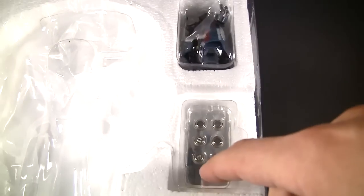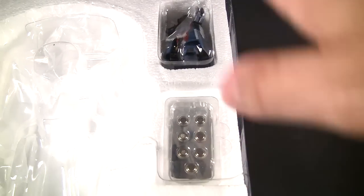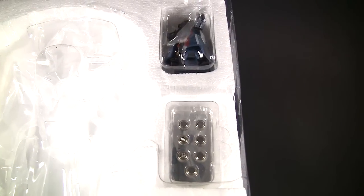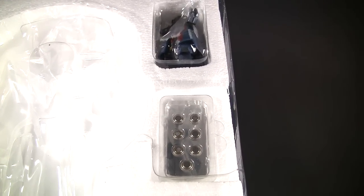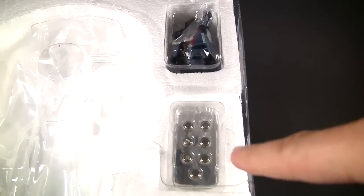And of course, well, not of course, because a lot of times they don't do this, but Bandai did that with the Combatler DX, which I was very surprised they gave you all the batteries needed. And so does this release. And you also get a secondary tray here. And of course you get the